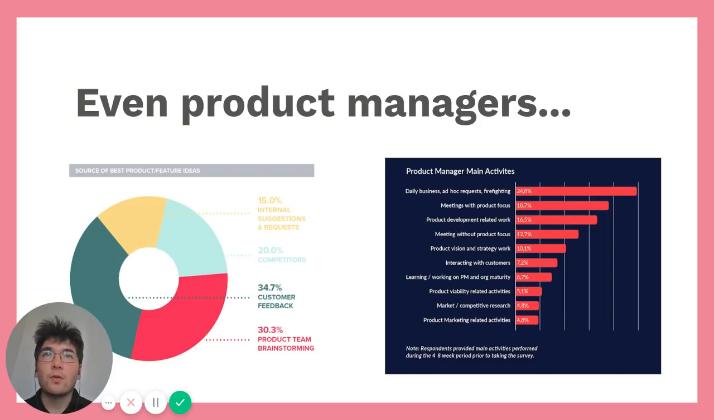Even product managers don't listen that much to customers, or at least they cannot spend as much time as they would like talking to customers. When we look at sources of inspiration and ideas for the product roadmap, we can see that customer feedback is the number one source of inspiration. However, when we look at product managers' main activities and what they do, we can see that interacting with customers is actually not the number one priority, because of course the role of a product manager is about also having meetings,